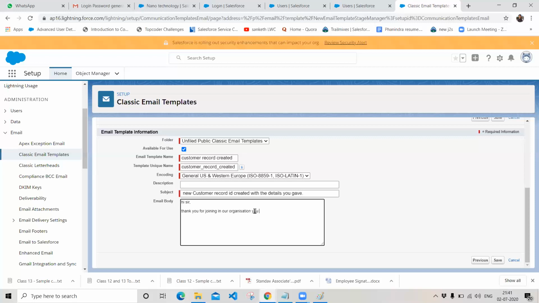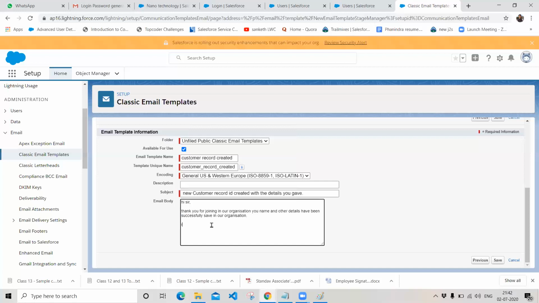Your name and other details have been successfully saved in our organization.